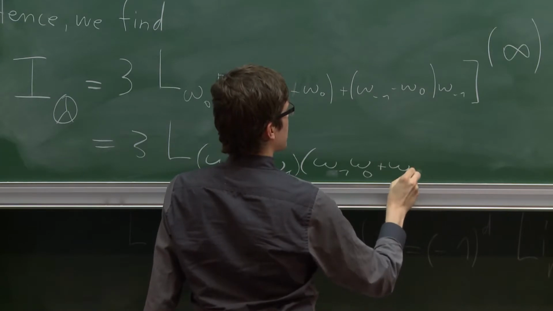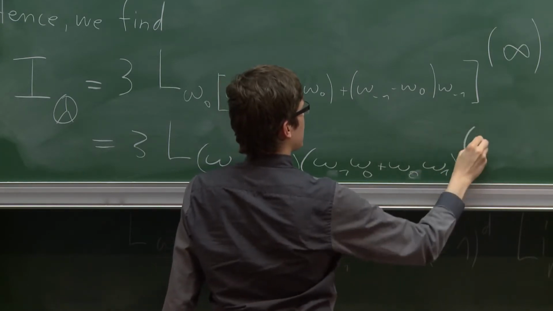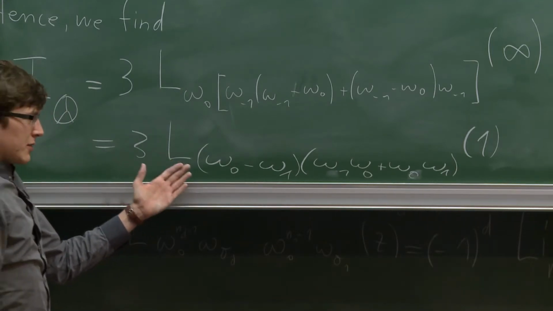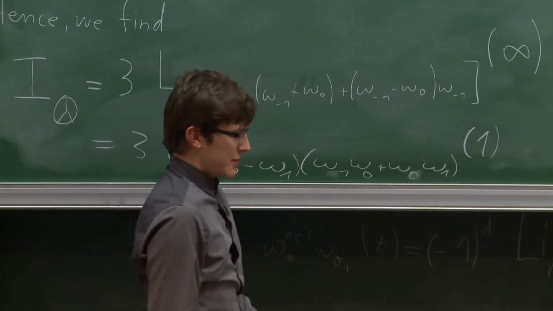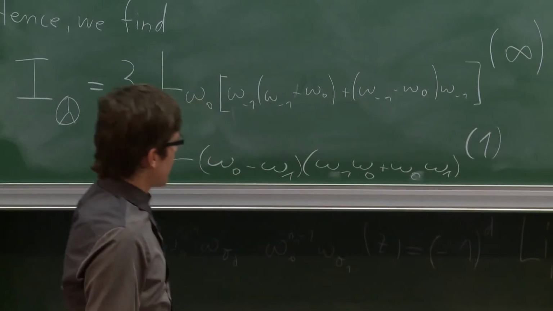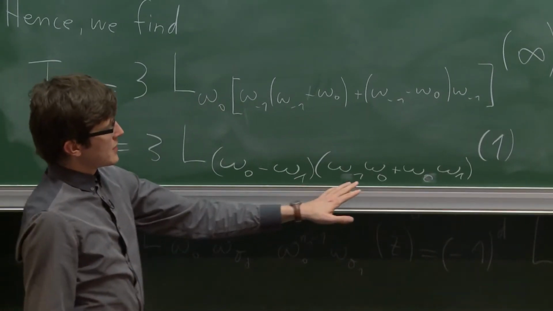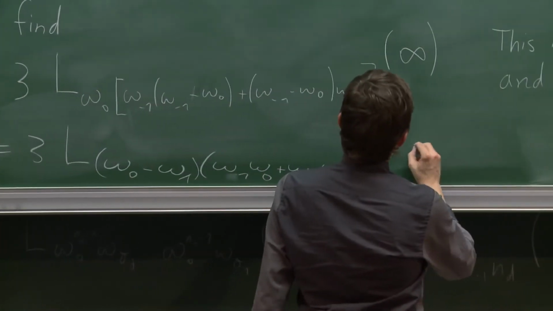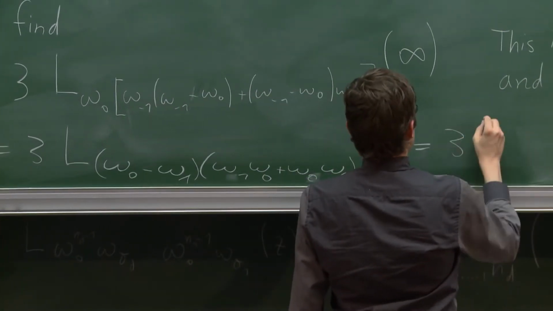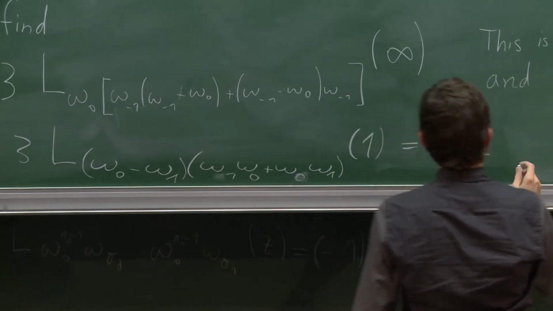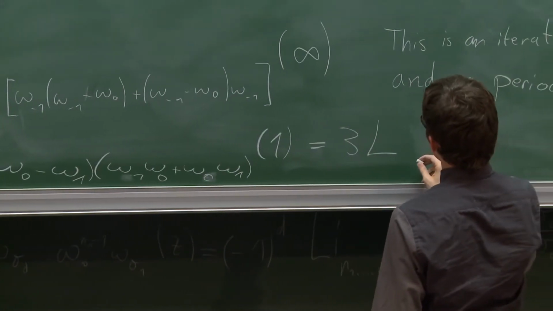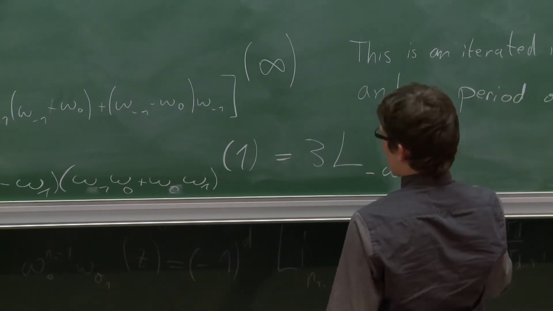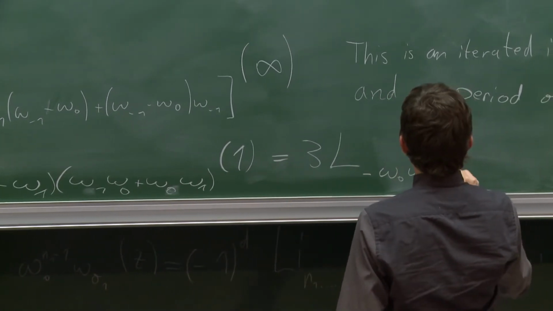Omega 0, omega 1. This is now a hyperlogarithm evaluated at 1, which is essentially a multiple zeta value. There's still a little thing with the regularization you have to do because it starts with 0, and you can use a shuffle product. But if you use this, you can show that this is the same as you have. If you multiply this out and do this little thing, which I don't have time to explain,